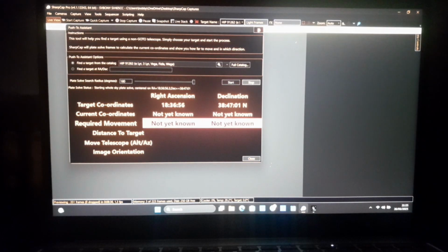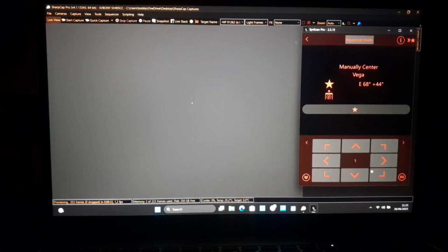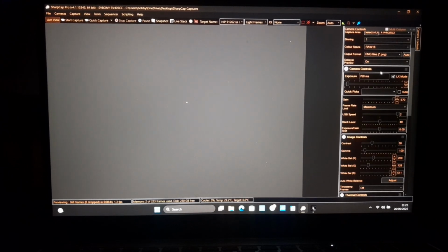Let me double check. Yes, okay. Just center it a bit more. And I didn't do the flats yet because I need to adjust my field of view first. And actually I'm gonna focus as well. I think I'm pretty close to focus, but